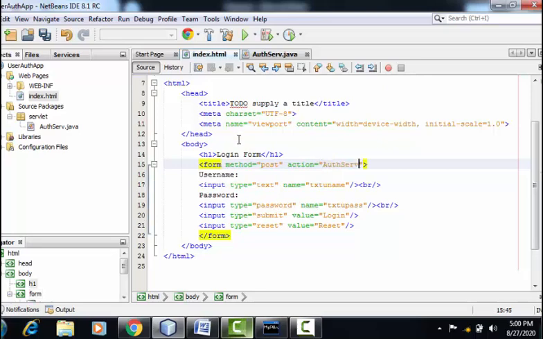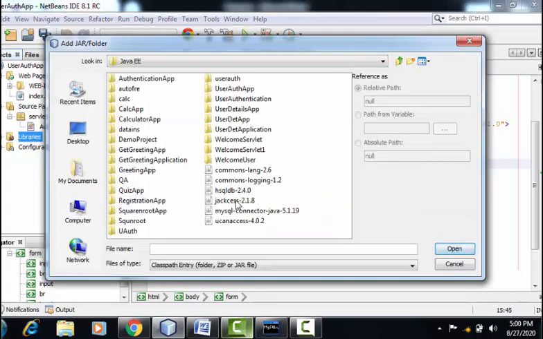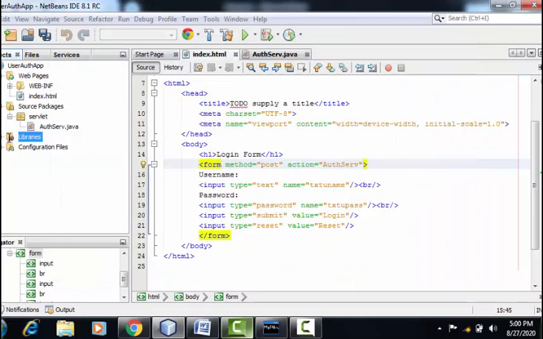One more very important step we need to follow here is to add the MySQL jar file. For that, right click on libraries, add jar or folder. So here I'm taking MySQL connector.